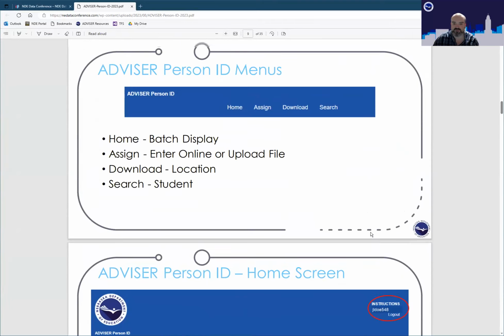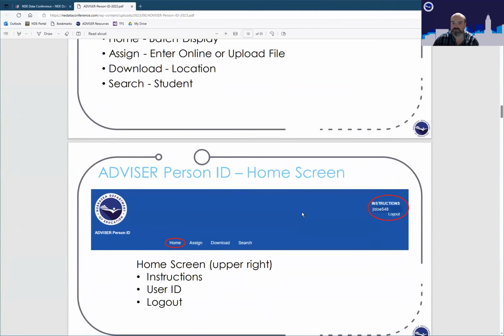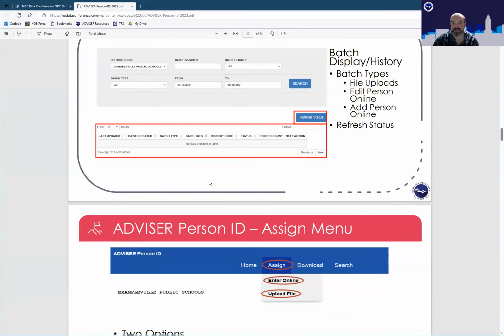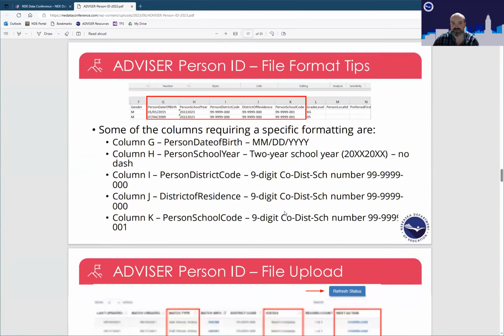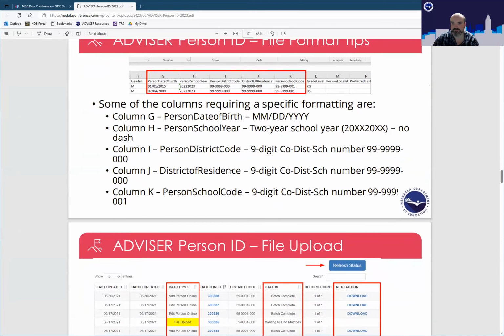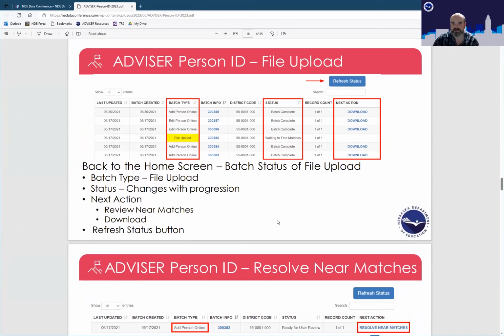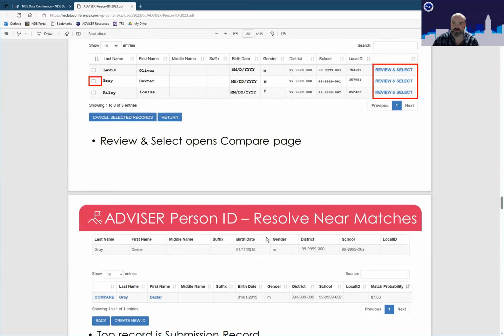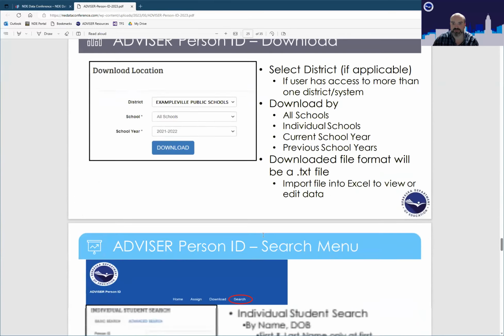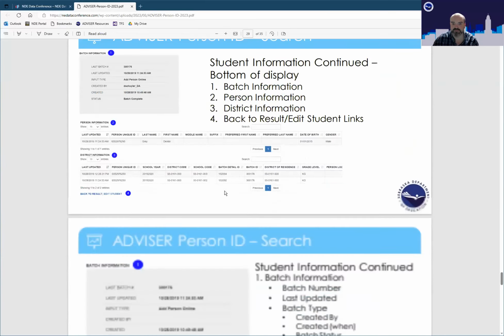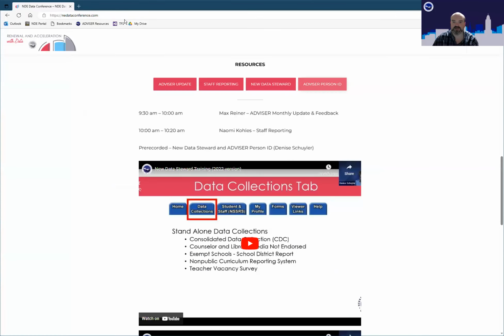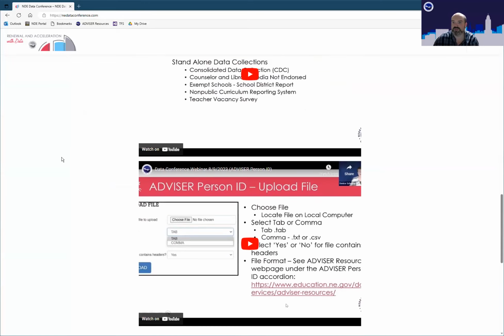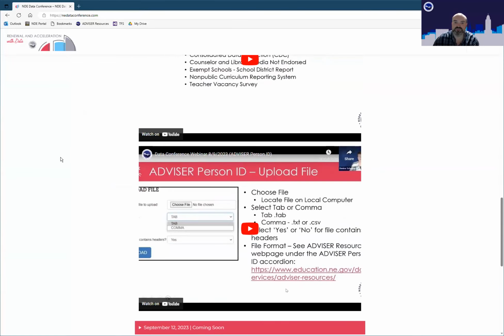But this is really just a full introduction to every screen in person ID, how to search, how to do file uploads, how to see the batch status, going into some of the common issues with file uploads, doing near matches, everything like that. Denise has recorded that one for us, or both of them, I believe.